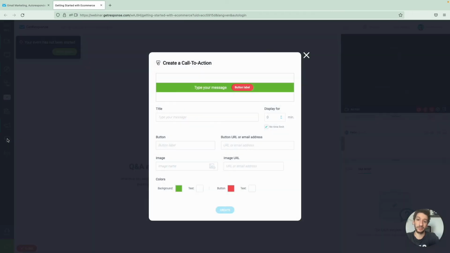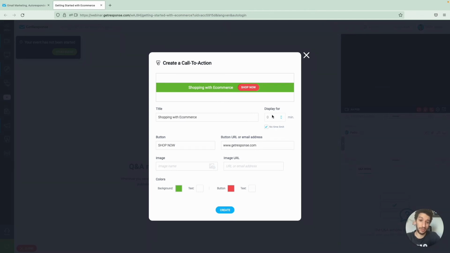Moving on, you can have a call to action. We will show you here quickly, just as an example, shopping with e-commerce. That's just an example for the title, shop now, and let's say getresponse.com. You don't need to add an image. This will simply add a little image below the text.